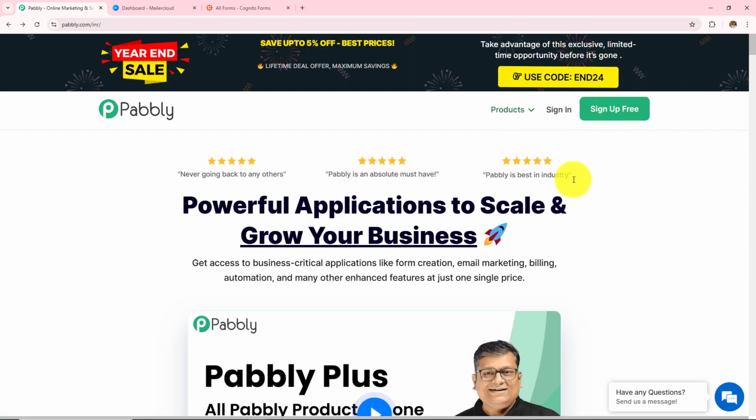Now after browsing the website, we need to sign in to a Pabbly account. On the top right corner, you can see two options, sign in and sign up for free. If you are an existing user, click on this sign in, and if you are a new user, click on the sign up for free, and this will give you 100 tasks free on monthly basis. As I'm an existing user, I'll click on the sign in,